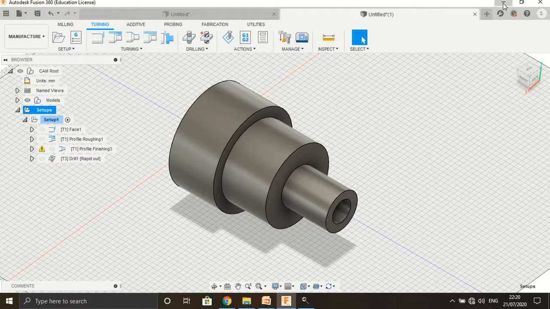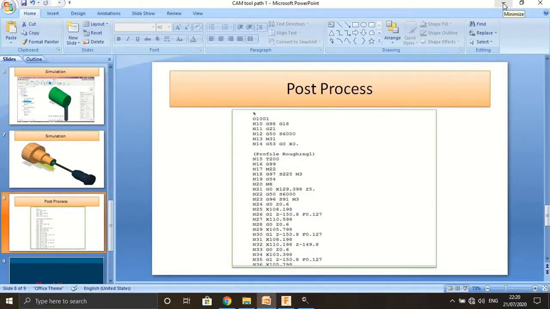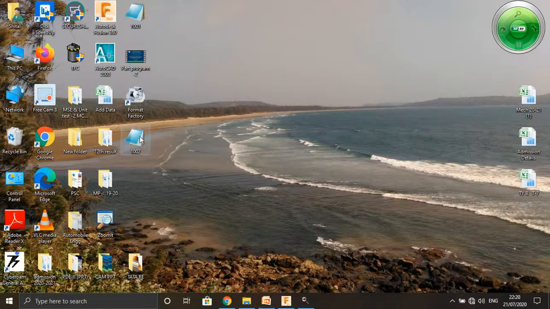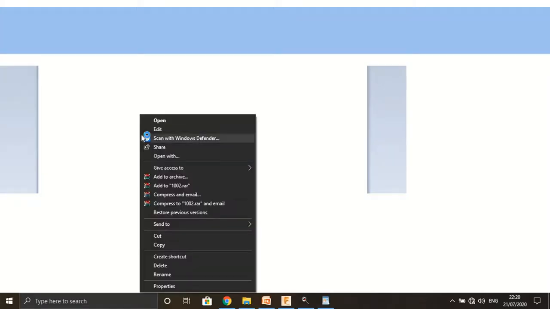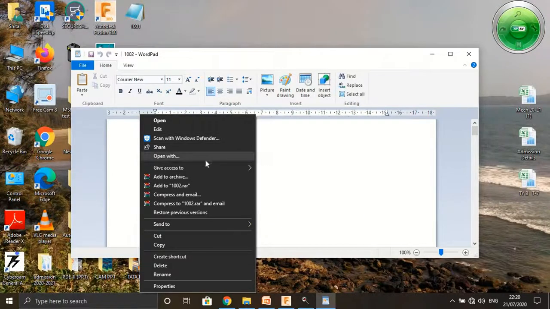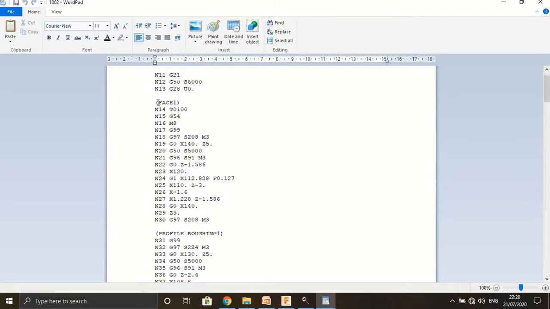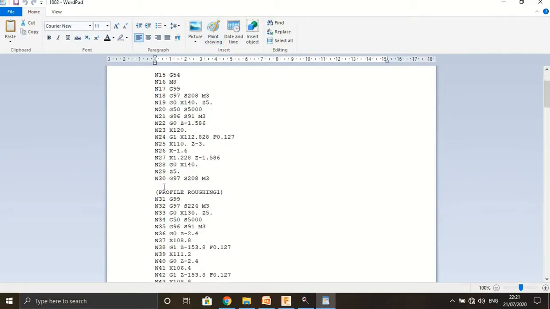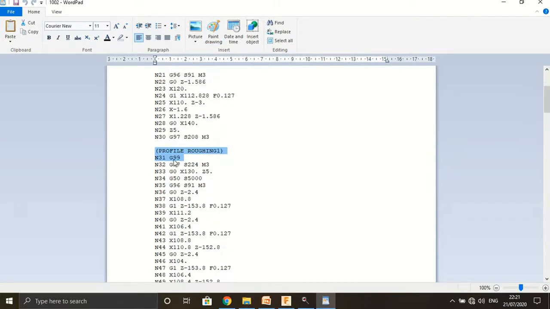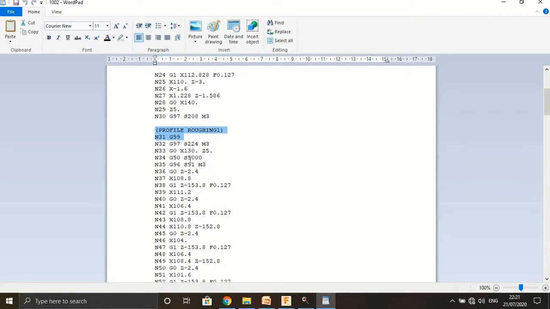Now we can see the post processing part. This shows the operation, the facing operation, then the profile roughing operation is started. At this end, the first operation is completed. In the second, the profile roughing operation starts. Then spindle speed, feed rate are shown, and XYZ coordinates.